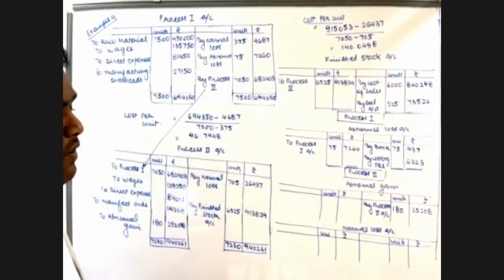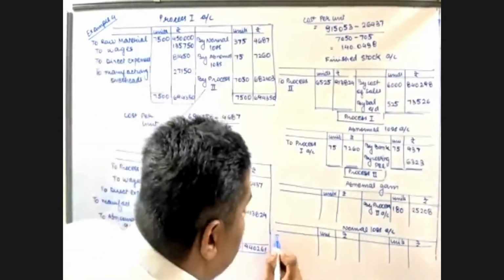My normal loss is 705 units. So to process